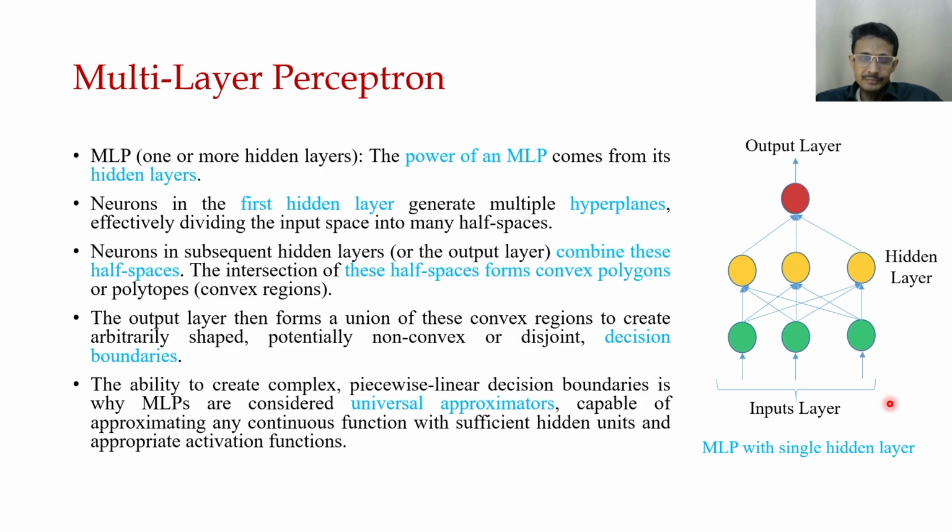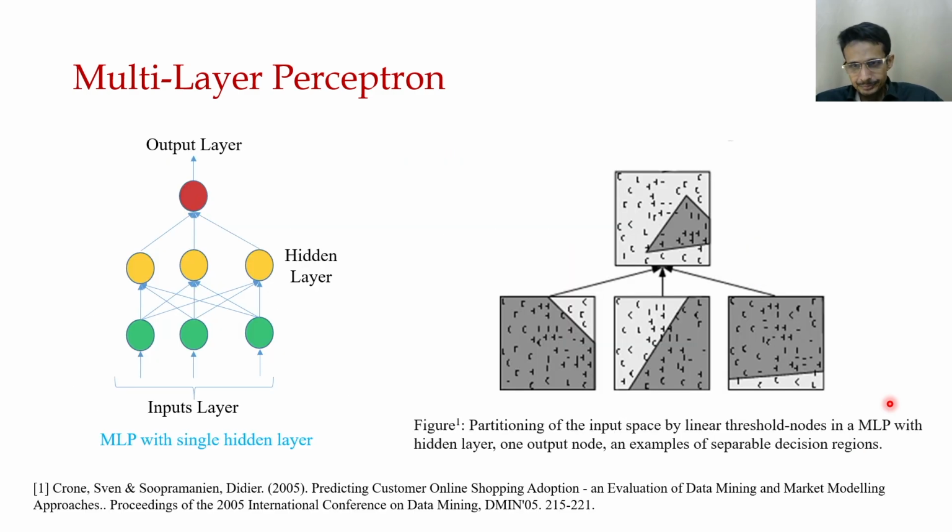What does this mean? Please see this diagram. Here, these are the first hidden layer. It is essentially a linear separator. You can see this data distribution is separated by a linear separator. Here it is a straight line, since it is two-dimensional. This is one neuron, this is another neuron with another separator, but it is still linear. Here is another separator, but still linear. All are linear. But let's say this is the output layer.